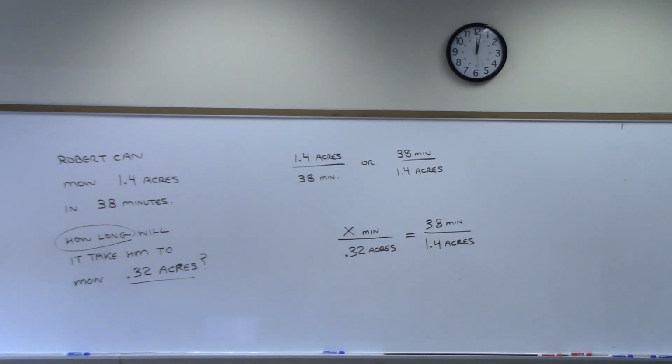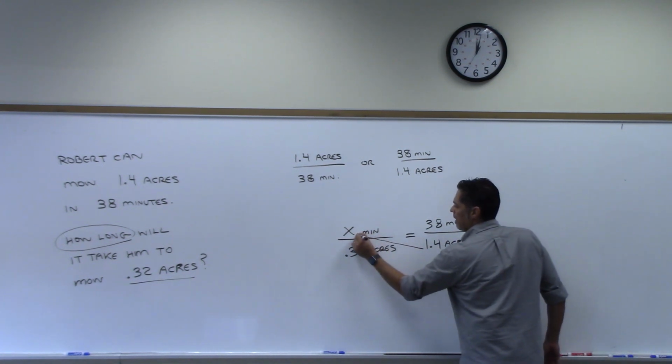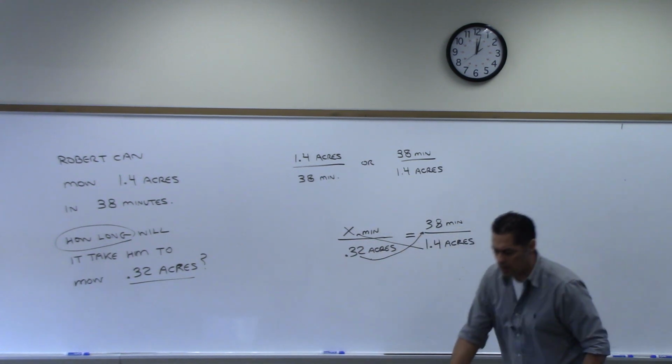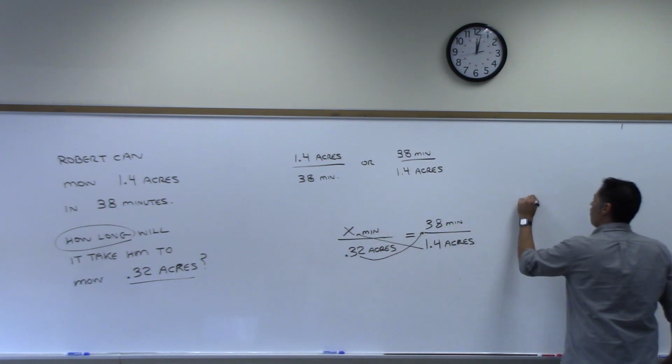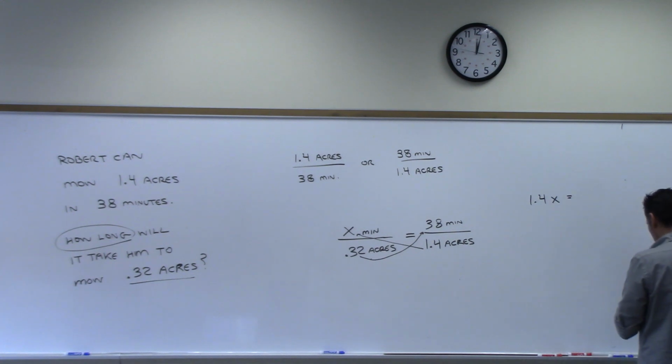And then how do you solve this? You can do a cross multiply. You can multiply 1.4 to x, and then this 0.32 to 38. So calculator, just in case. So when I do 1.4 to x, I get 1.4x. And when I do 38 times 0.32,